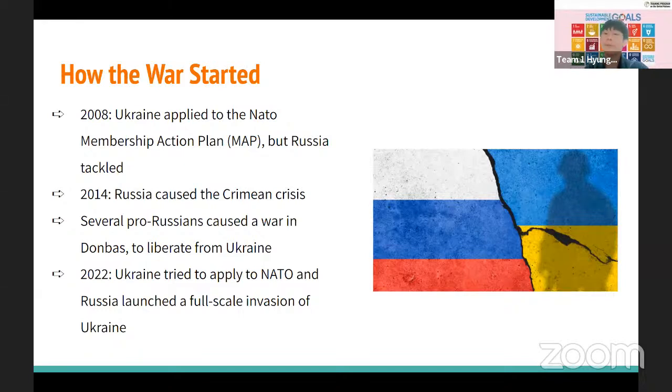However, as the presidential term of Yushchenko came to an end, the next president, Viktor Yanukovych, a pro-Russian politician, tried to maintain a good relationship with Russia instead of the European Union and Western European nations. As a result, through fierce protest, Yanukovych got impeached, and in 2014, Russia caused the Crimean crisis to gain authority over the peninsula and the Black Sea fleet